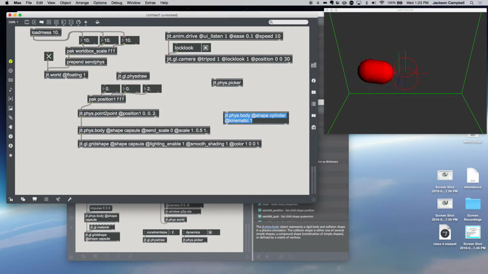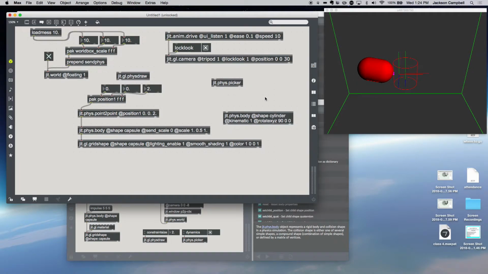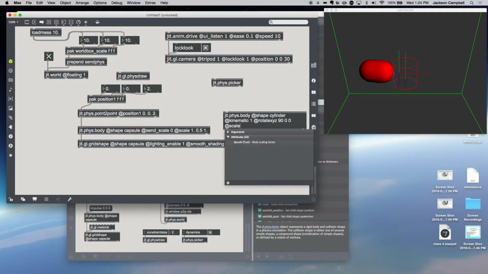First of all, we need to rotate our cylinder at rotate XYZ. We need that to rotate around the X axis 90 degrees, so 90, 0, 0. There we go. And then let's scale it at scale. I almost tried scalar. I don't know why. At scale,